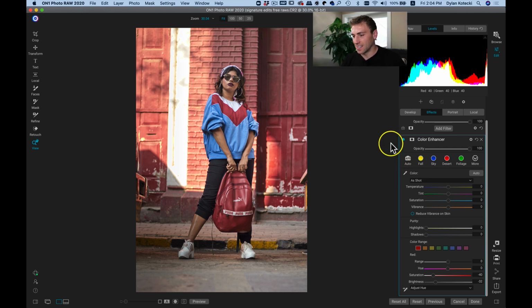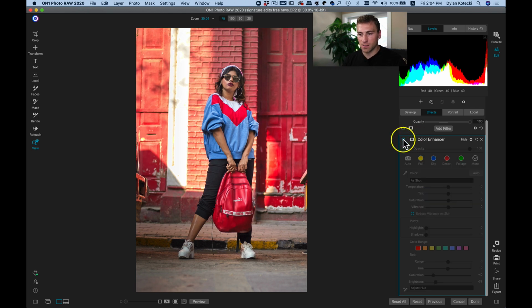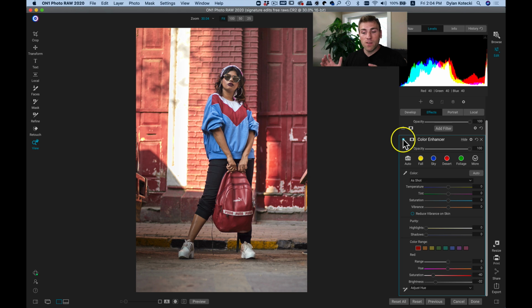Okay, so now we're just modifying those specific reds. So we turn off the red color enhancer filter. There we go. Now we've kind of added in a mood to the shot by just modifying those red colors. Because there's so many reds within the shot, we can really fine tune our image just by modifying these color ranges. Because there's only a few different colors within the shot. There's reds, there's a few blues, there's some grays in here, and then these yellows. So it wouldn't be too hard to go in here and fine-tune just the overall exposure of this image with